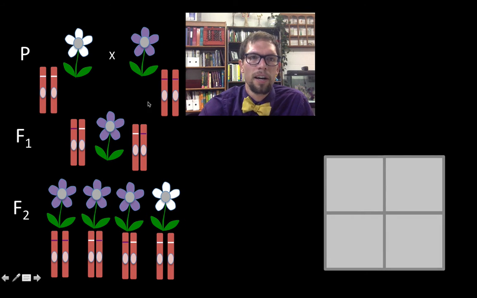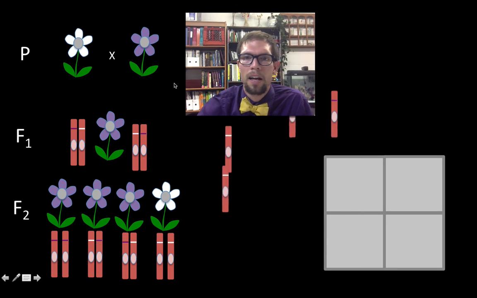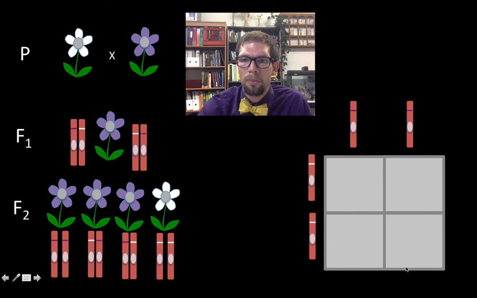Well, in this parent generation, these individuals were homozygous. They had the same allele for this flower color gene. One was homozygous recessive, that was the white flower, and one was homozygous dominant, that was the purple flower. Now, if we take this and put it into a Punnett square,